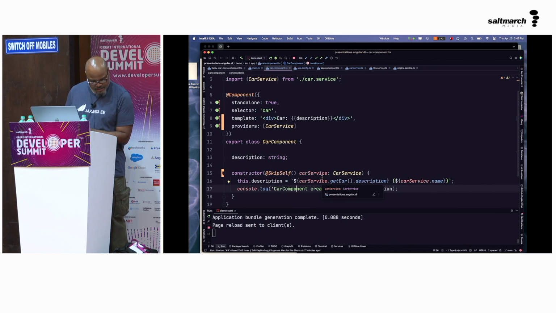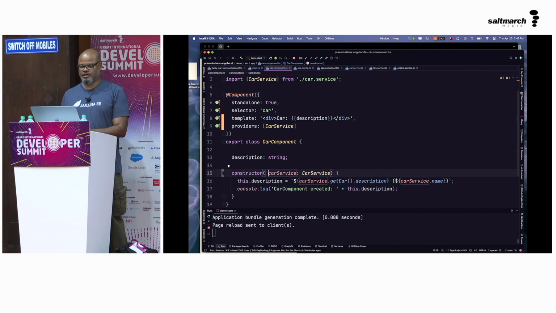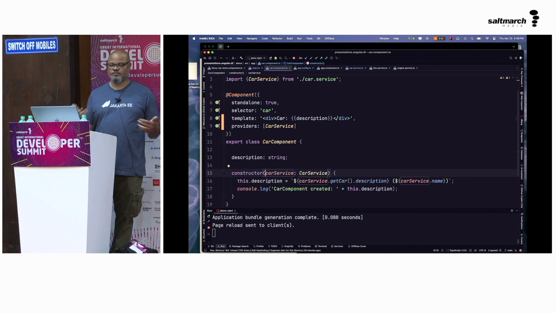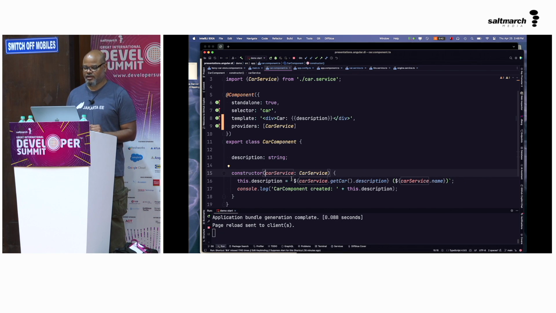So that's handy sometimes. The other thing is that there is the optional one. So optional is basically saying if this particular service is not available, don't throw an exception, right? Because right now what happens is if you put something here and it's not defined, you get an error message, right?